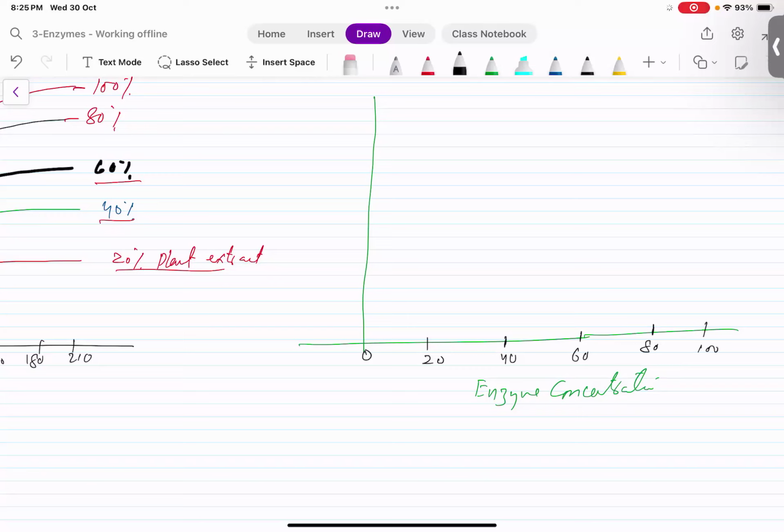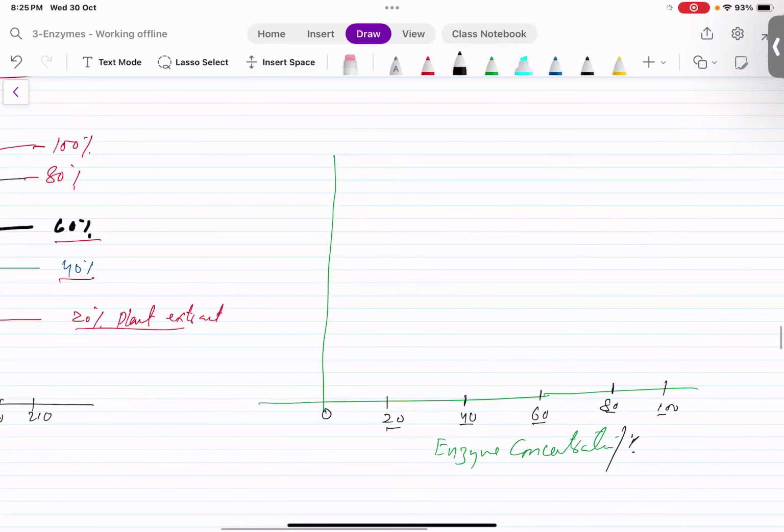So you see, we might have different concentrations of enzymes in it, but as we have taken the plant extract to have catalase enzymes, I'll write the concentrations of plant extract here on the x-axis. Okay, so this is in percentage. And here, instead of plotting the rate on the y-axis, I'll take the initial rate